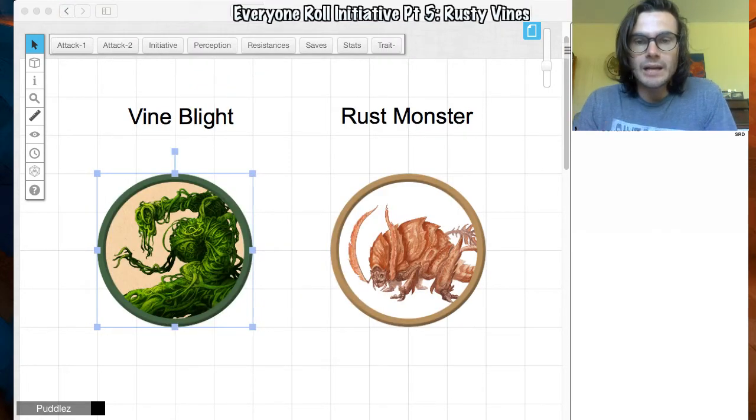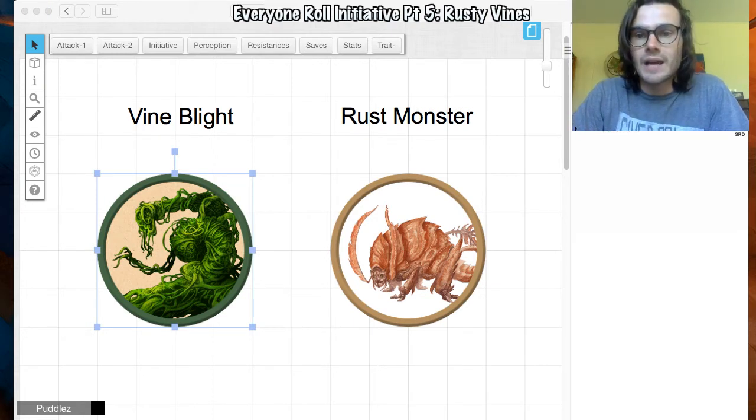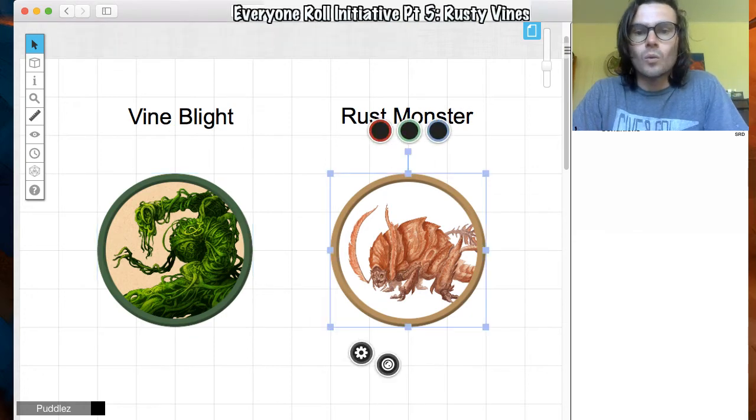They surprise your players, hopefully constrict one of them, maybe do their entangling stuff, and just restrain a whole bunch of people. They stop them from moving and stop them from being able to do certain things. Combine that with our Rust Monsters, which...